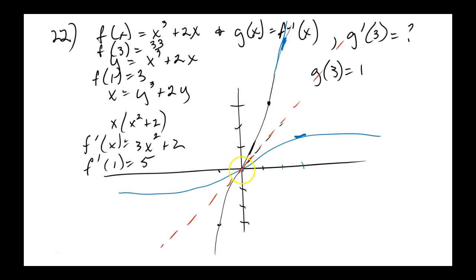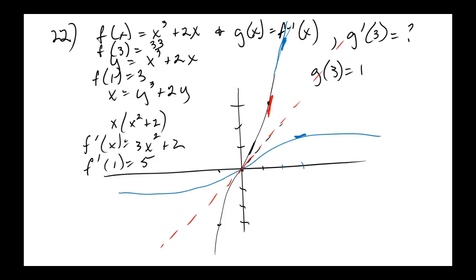This function, f of 1 is 3, and f of 3 is 1. Okay, so maybe this is the one I should have been doing. Yeah, that's probably it. And these two would then, I think, have to be reciprocals of each other. I drew it down here, but it should have been up there. So 3 and 1, 1 and 3. And then I think they have inverse reciprocals. I think you were right with the first one because